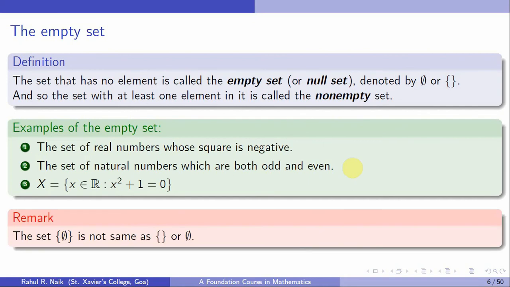Now, an important remark. Most of you consider this as an empty set: a set, and inside you are using the notation of the empty set. That's not actually an empty set. It's like an empty box placed inside a box, which is again a box that is not empty. So the given box cannot be empty. This is not an empty set, it's a set of a set. So this is not the same as this notation. Please take note of this. Most of the time we use this notation for our convenience.